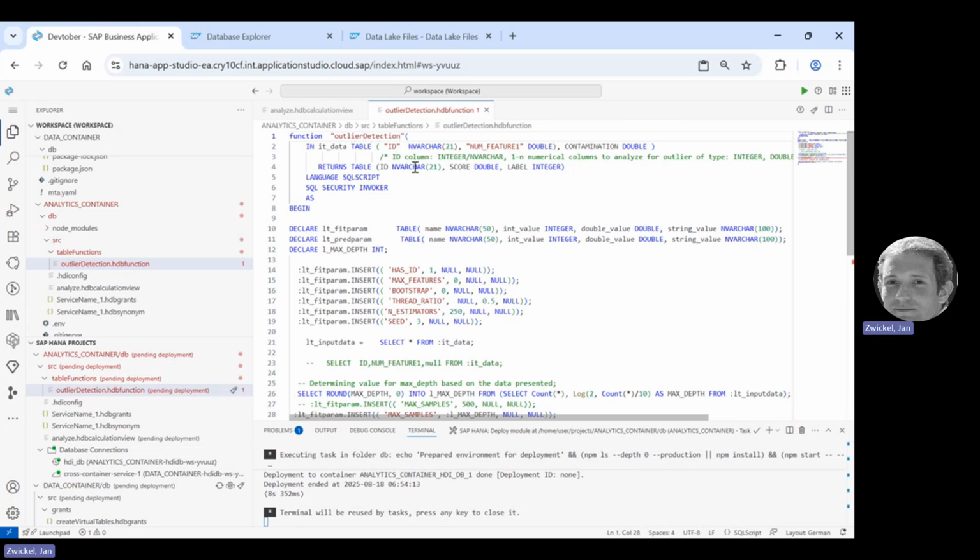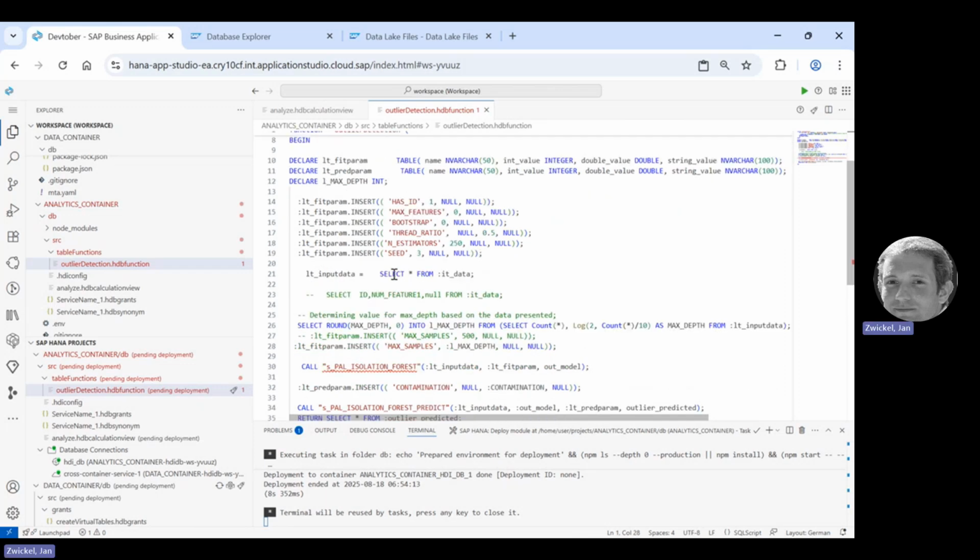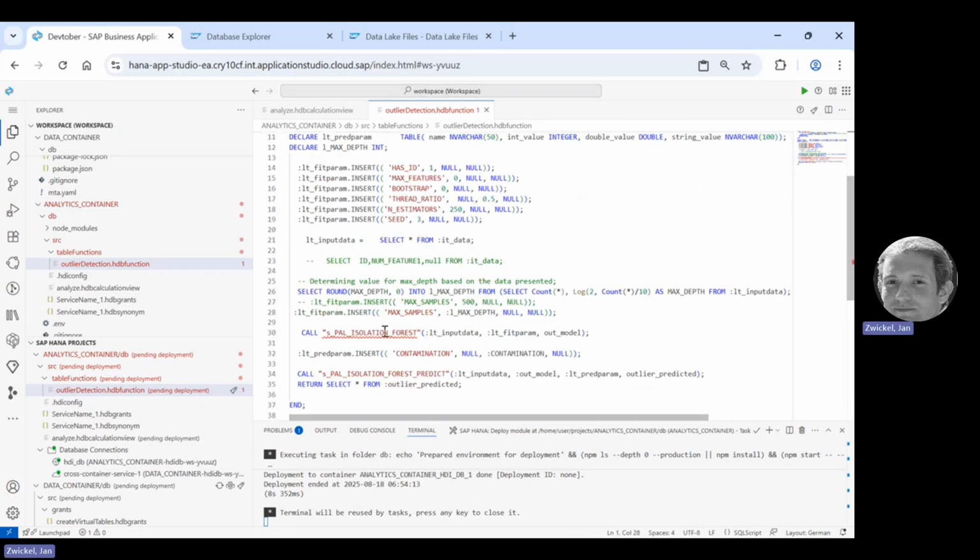So what happens here? We have incoming data, an ID, a feature that should be used to decide whether it's an outlier or not, and we have a contamination, which basically gives an indication of how many outliers we expect. And the rest is basically filling the parameters for the isolation forest option